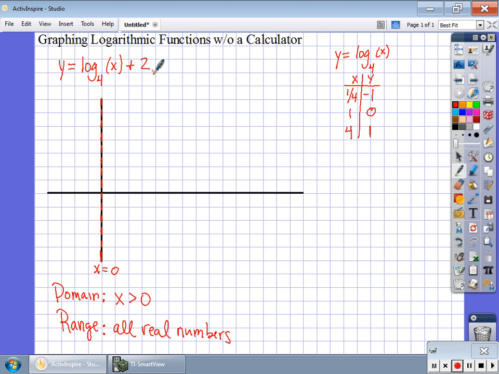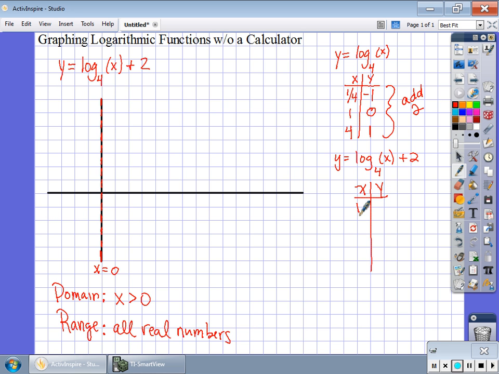Now, since we are adding 2 on the outside, that's an upward shift. It shifts up. And up and down shifts affect the y values. So we're going to have to take all those, and since we're going up, we have to add 2. So y equals log base 4 of x plus 2. The new table we're going to get